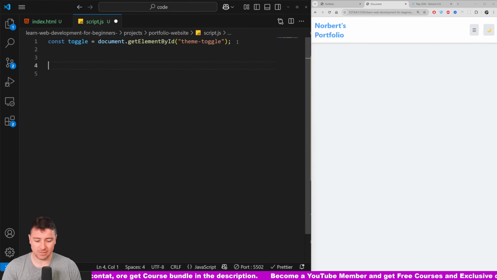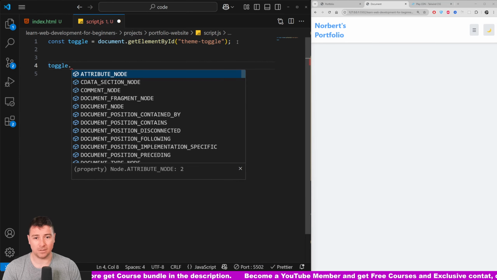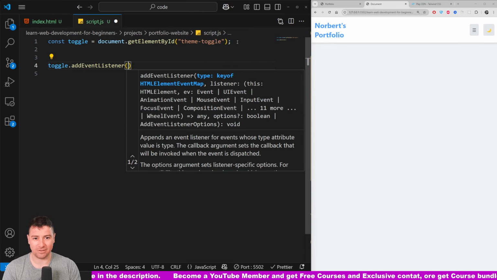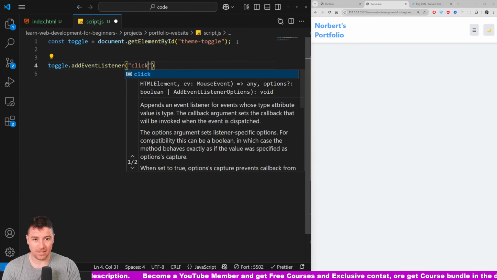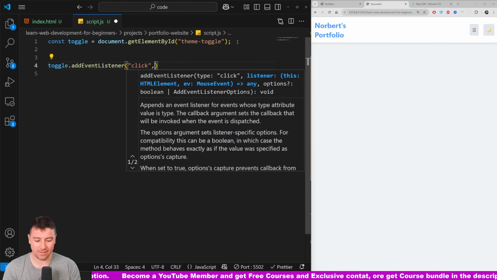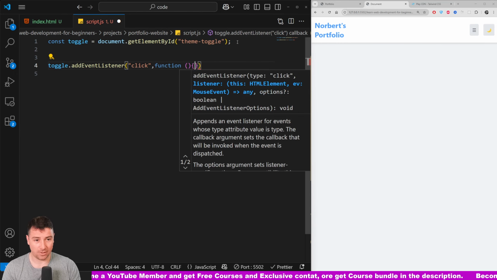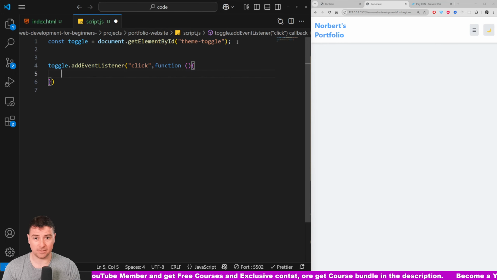And now we could just basically go ahead and say toggle dot add event listener. And you know what I'm going to go with? Yeah, we're going to do it this way. Let's do easy JavaScript. Add event listener of click. After we have this event, we're going to create a function. This function will do the following thing. It's going to take now the HTML tag, or let's just go to the document